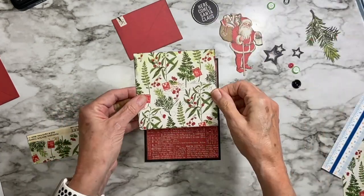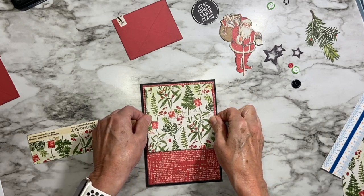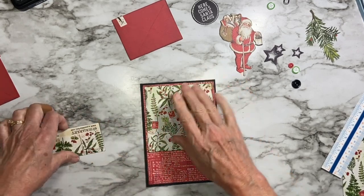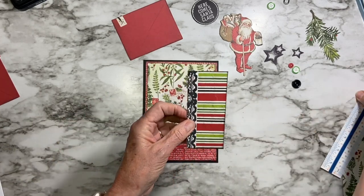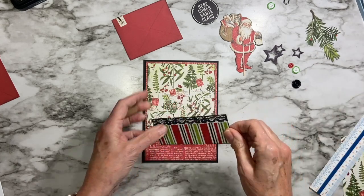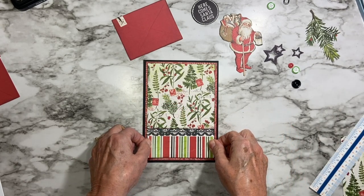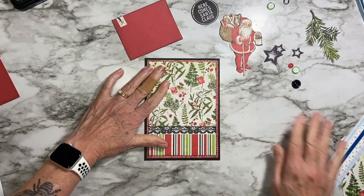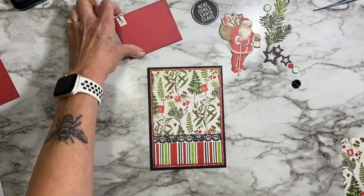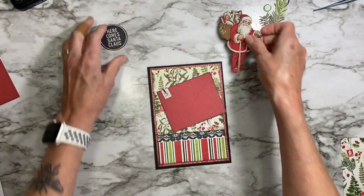Yes, 4 1/2 inch square, and that will come up here, which leaves this to be, I'm pretty sure, 2 inches by the 4 1/2, which will butt right to there. Okay, and so I have grabbed a couple of things from the packet, from the kit, and that is this